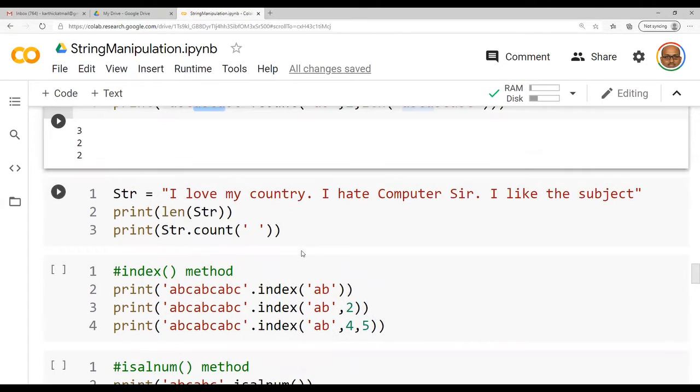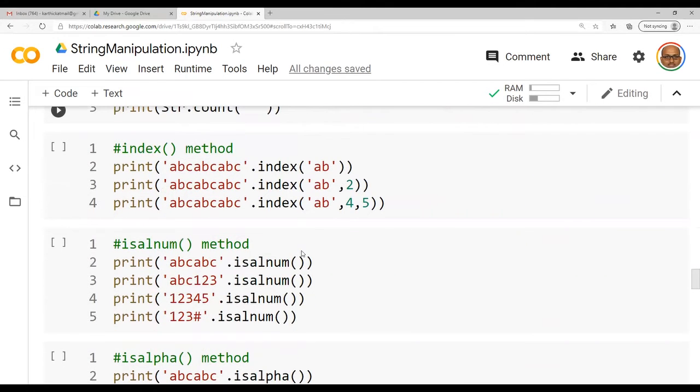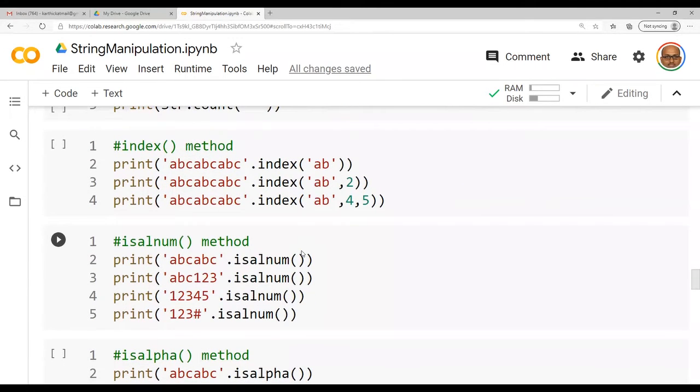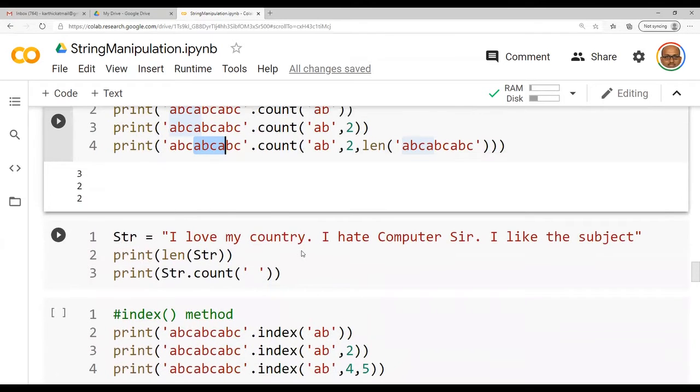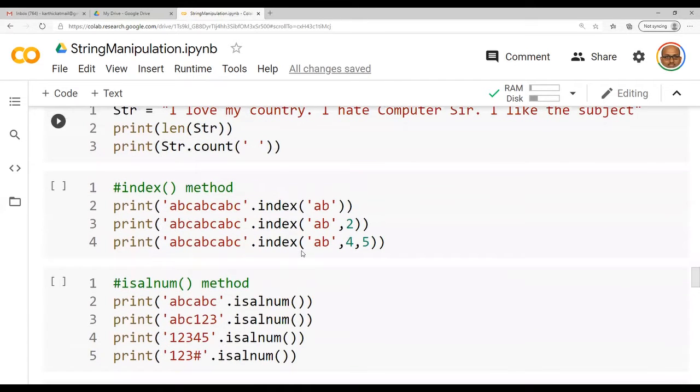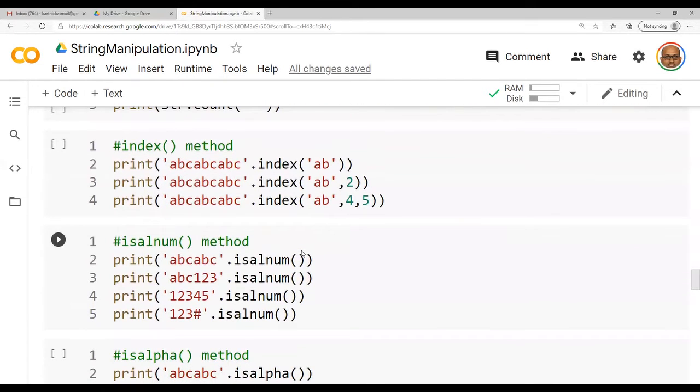So here, let us move on to the next example. Index method. Index method is there.